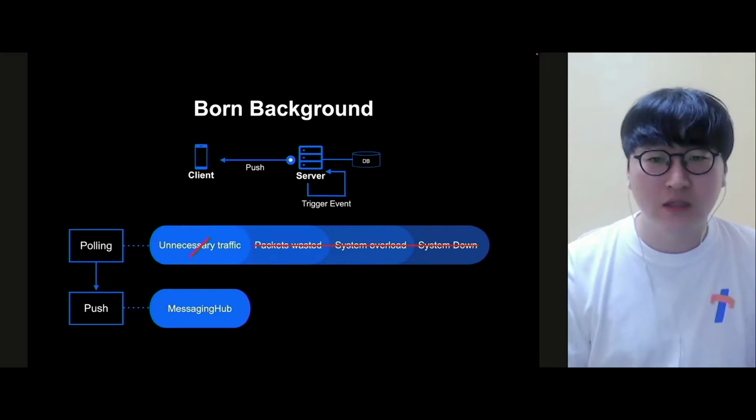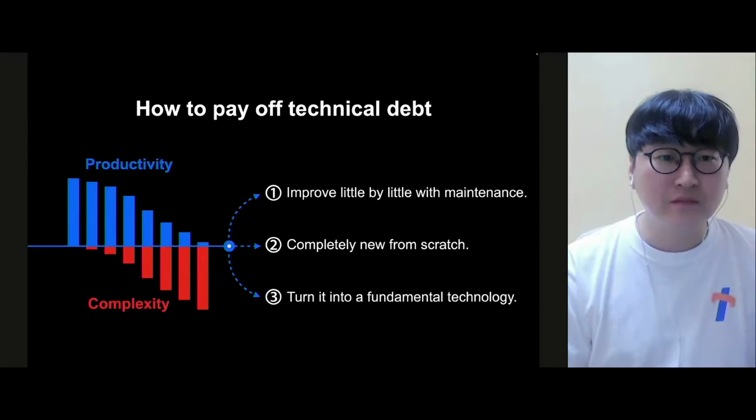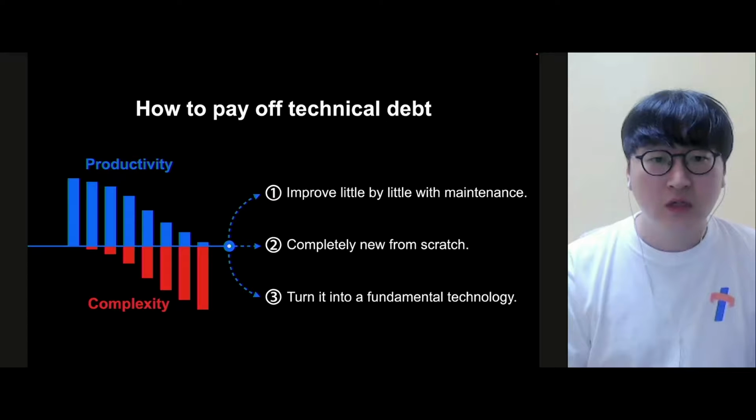For example, Messaging Hub really started as a project to change polling to a push mechanism. And as I said, there are many other messaging requests to servers, and we added a lot of functionalities to enrich the platform. And there are many ways to pay off the technical debt by improving it little by little with small step maintenances,